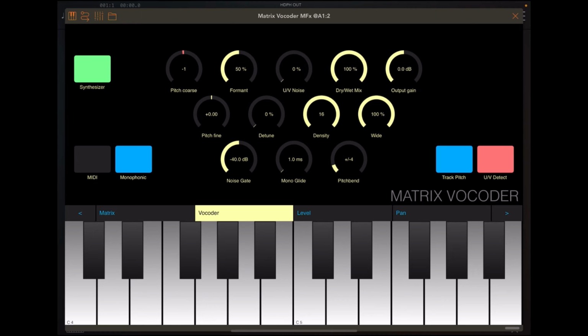Some vocal sounds are difficult for the vocoder to actually process and recreate, most of the things like plosives. So the way that vocoders get around this is to use what's called unvoiced noise. It's basically you've got your normal signal coming in, but you can also have a noise signal, and by turning the detection on and then turning up your noise to the appropriate level, you can then tweak how the